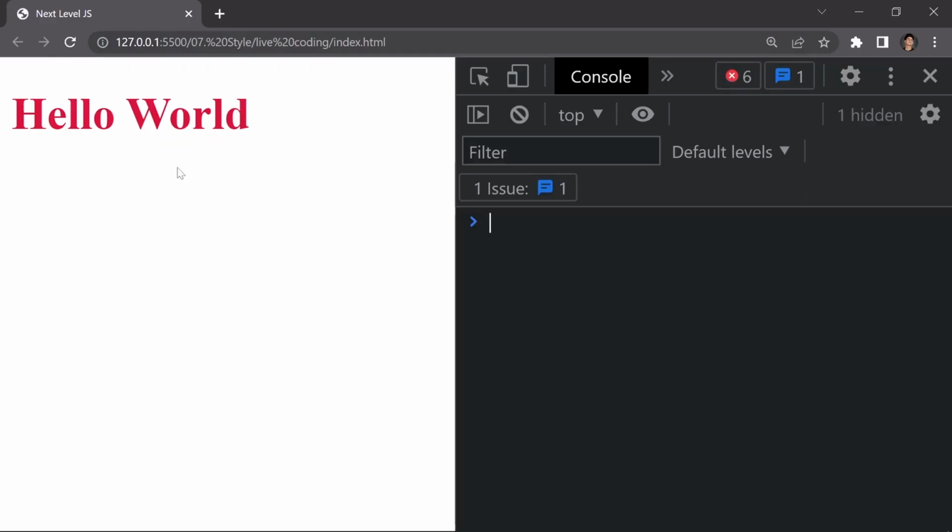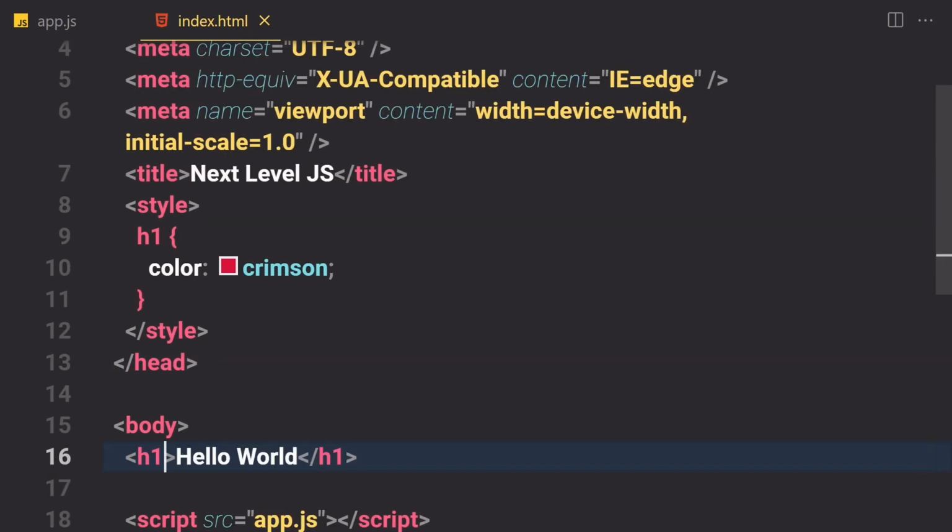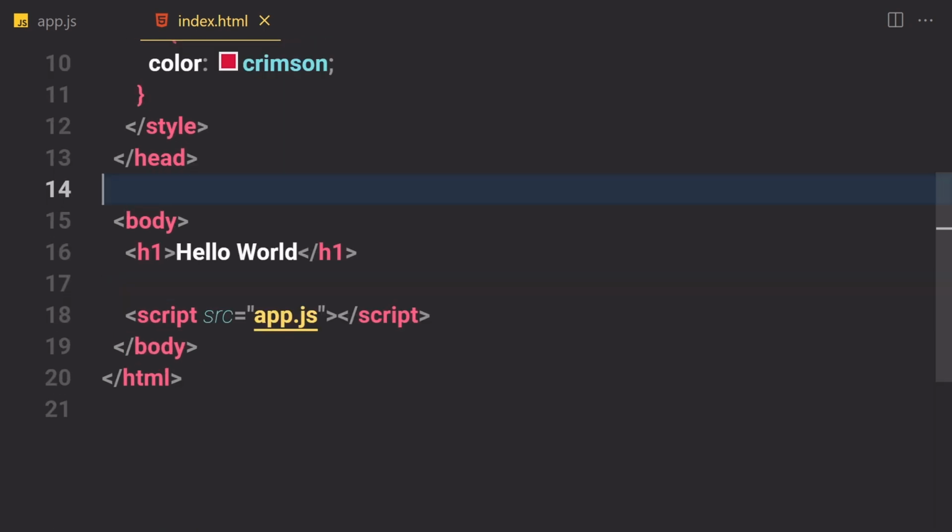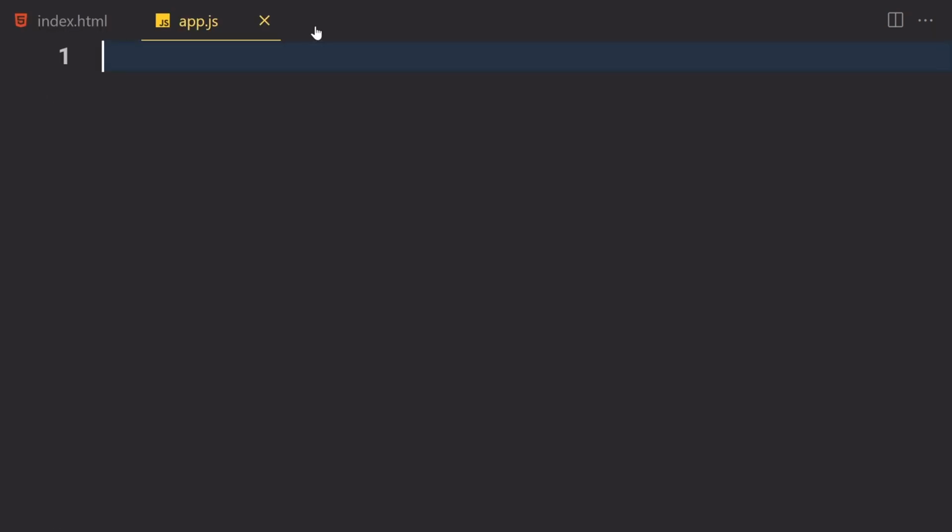So I'm going to just remove that from here, and we have this hello world, and it's taking the color of the styling right here. So we just selected that, and we provide a color of crimson right here. Okay, but if you want to provide a styling using our JavaScript and interacting with the DOM,